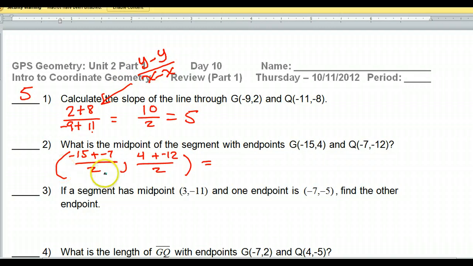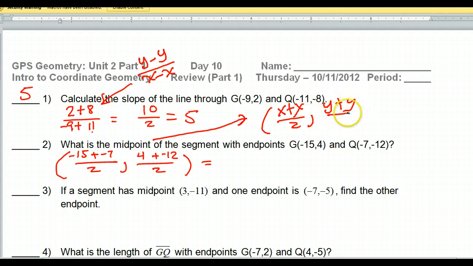Okay, so that's why that was 5. Now I'm doing the midpoint formula, because I'm doing the midpoint, so please understand that for this one I'm doing the average of the x's, comma, the average of the y's. That's what's going on down here. So that is going to give me,